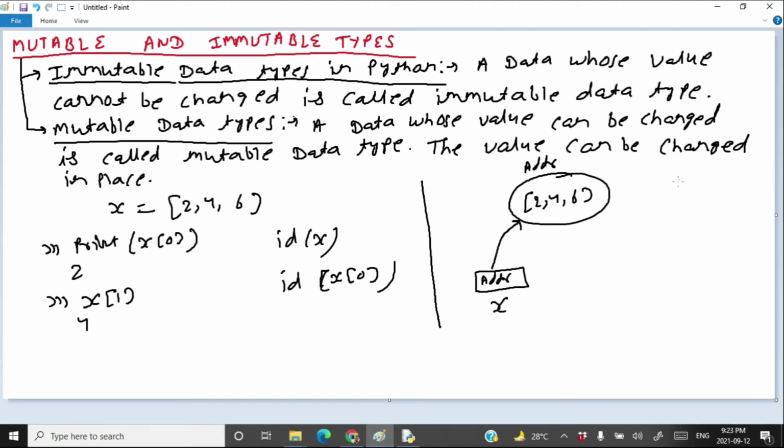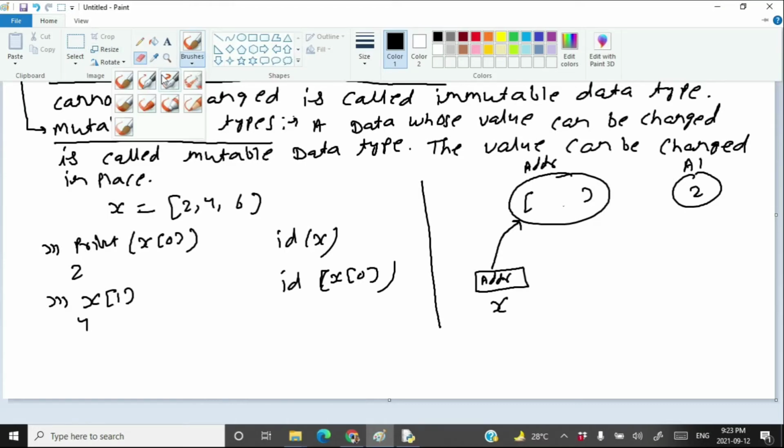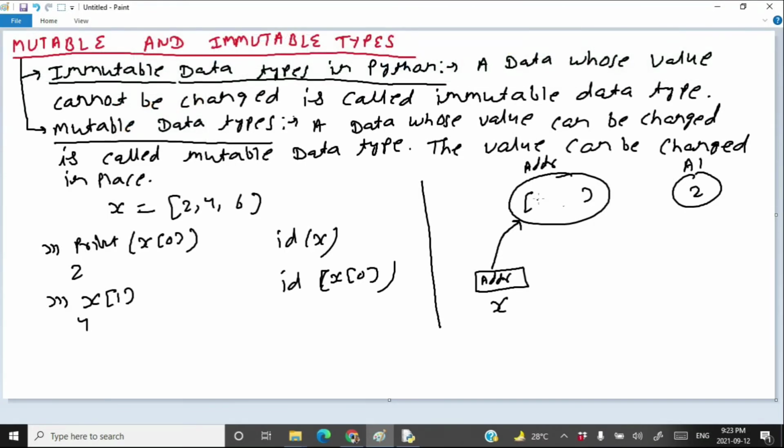Your 2 is somewhere here whose address is say A1, and this location does not contain 2. This location contains A1, A2, A3. A1 has 2, A2 has 4, and A3 has 6.